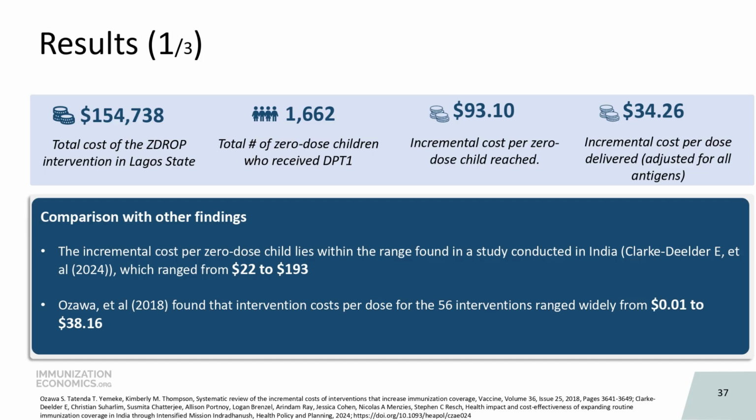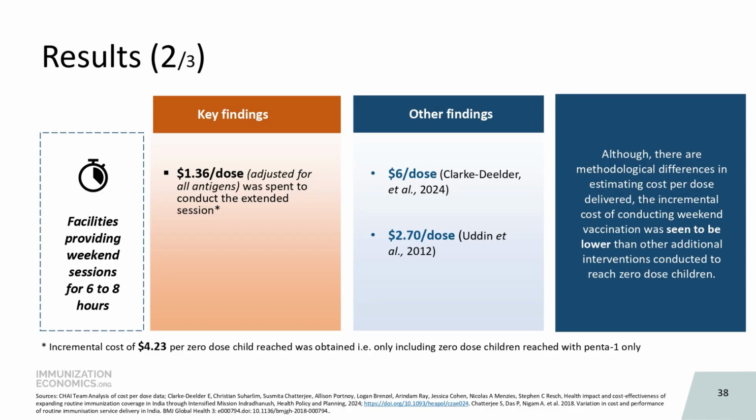But it's also important to note that the additional funds that were spent for Z-drop were also used to reach the children with other immunization antigens. So, which is why we also adjusted the number to see what the incremental cost is per dose delivered, which is about $34.26. Moving on to the next slide,